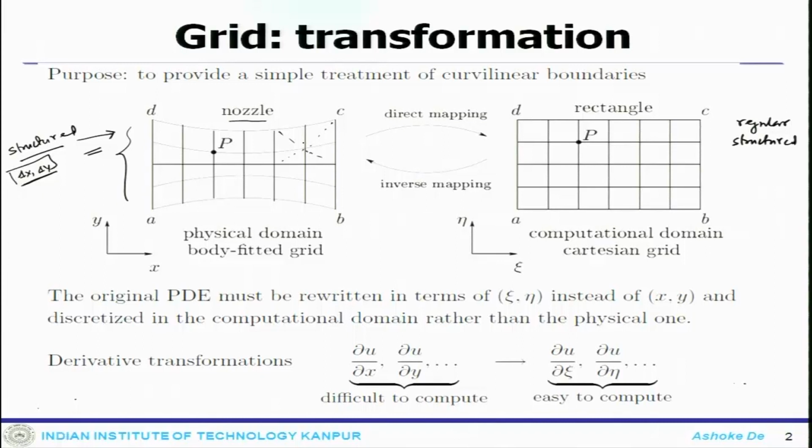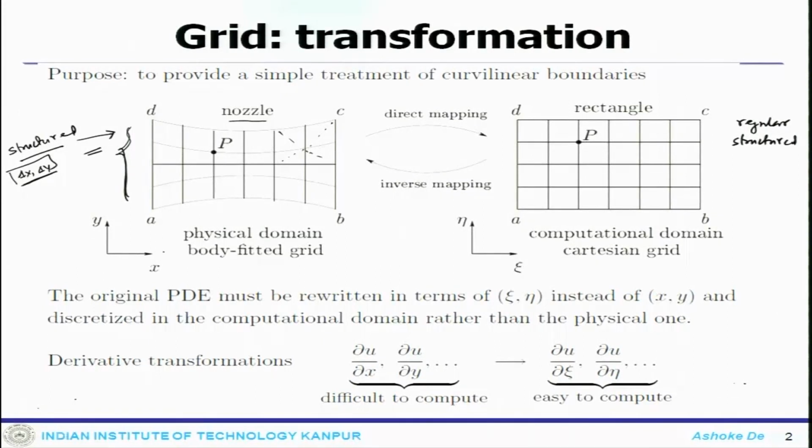But this is one technique which is very handy for complicated geometry, because depending on the grid you need to devise your solver or your code, whether it is a structured solver, because all your discretization should be on the structured mesh, or it could be unstructured. As we move along with the course, we will see how that makes the difference. But as of now, let us say you have this kind of body fitted system in the curvilinear system. Now, I want to map this to a rectangular system.